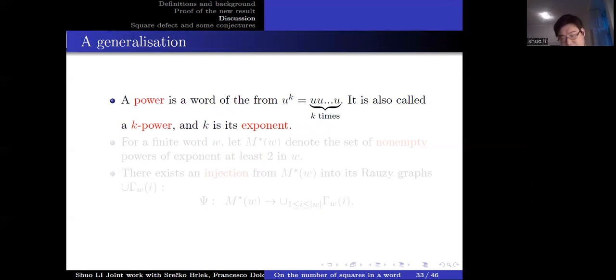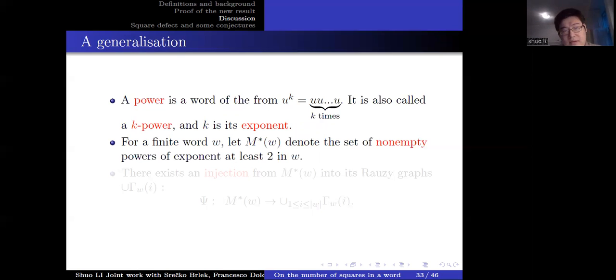In fact, from this point of view, we can make a generalization of our previous result. If we define the power of a word to be a word of the form U to the power k, which consists of k copies of the factor U,